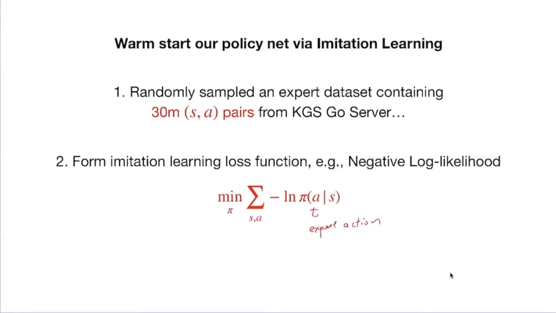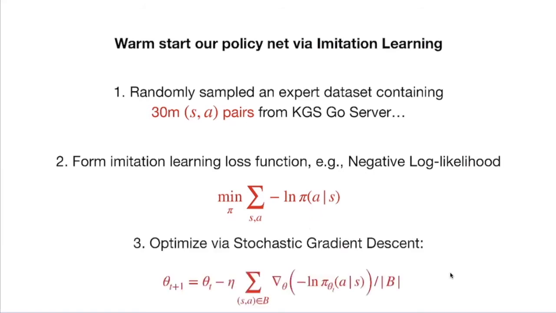So you're trying to find a policy pi such that the probability of playing the expert action is pretty high. So that's the goal, right? Okay, so you have this well-defined objective function, right? And what they do is actually just optimize it by stochastic gradient descent,